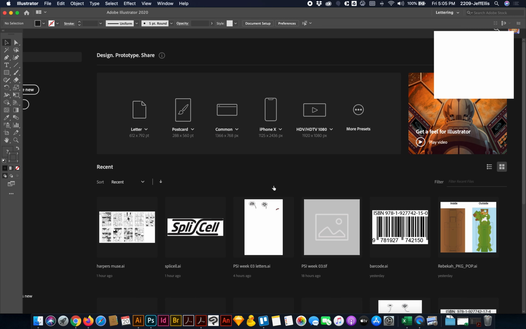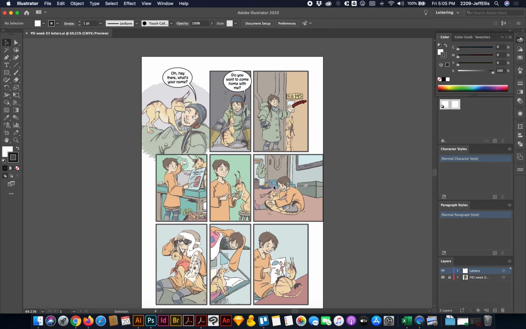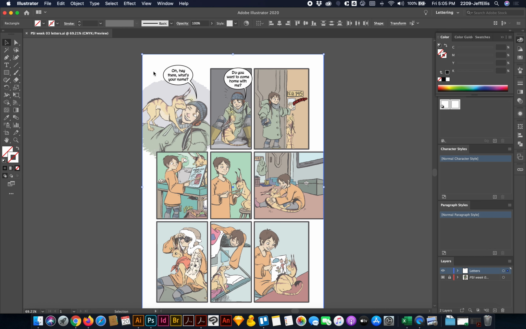So I'm going to open that up in Illustrator, and if you remember, the lettering was all done in vector, and there's this big invisible rectangle going around the outside edge of the page that'll help control alignment. If we just copied and pasted each element individually, we'd have to manually place them. So this way, I can take all these elements, basically in one selection, and I can copy,